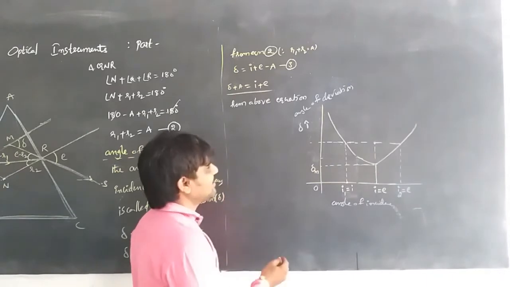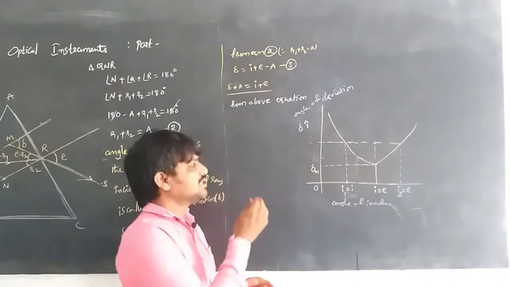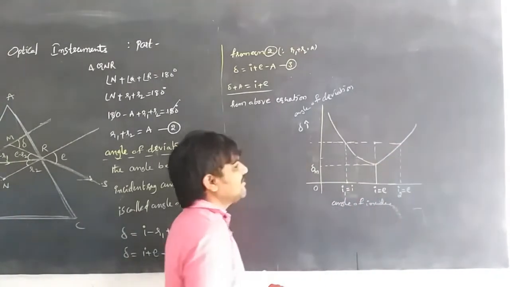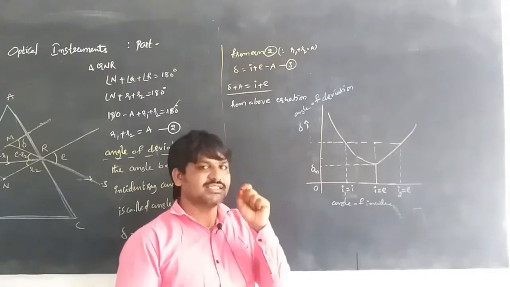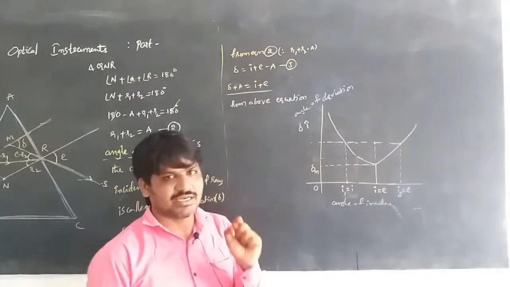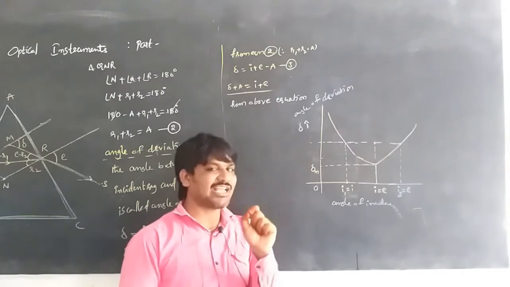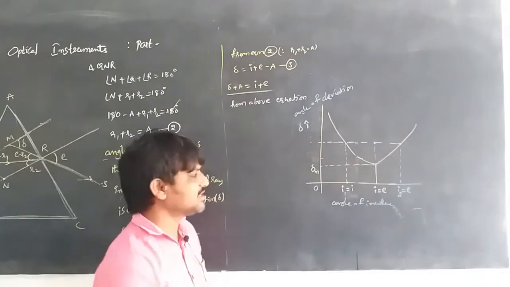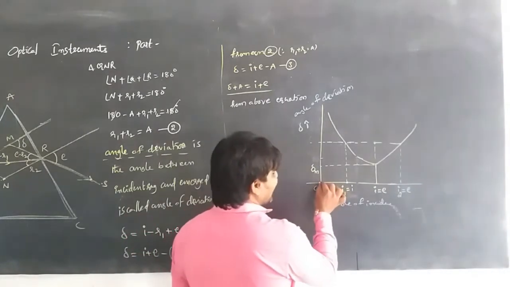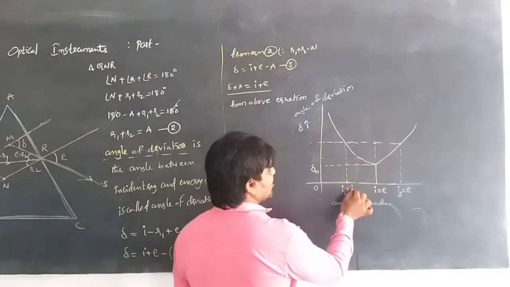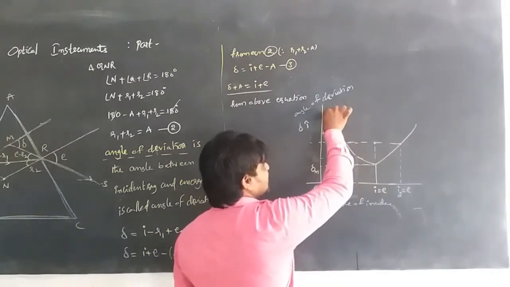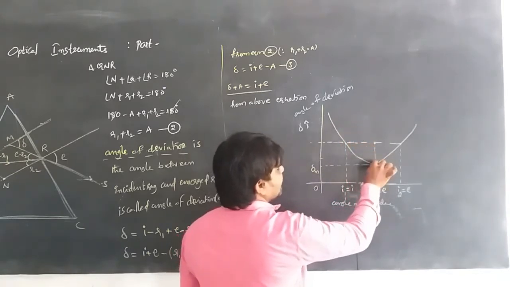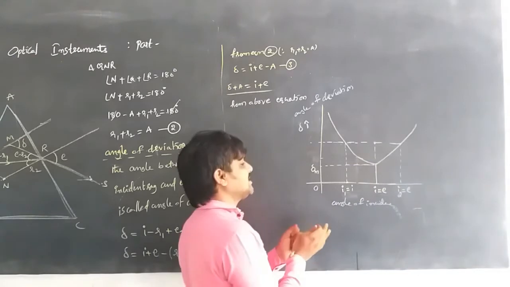Light passing through a prism shows a deviation that decreases as the angle of incidence increases, passes through a minimum, and at a certain point increases again. For a certain value of deviation, the angle of incidence and the emergent angle will be equal. From that angle of incidence, the deviation goes on decreasing, and again it comes to a point where the light suffers